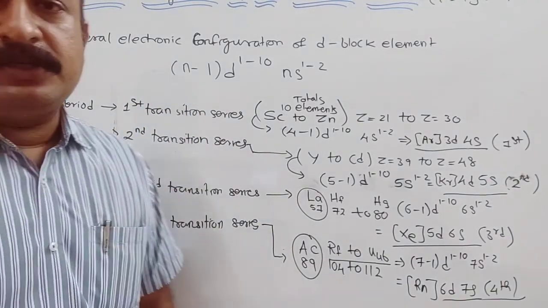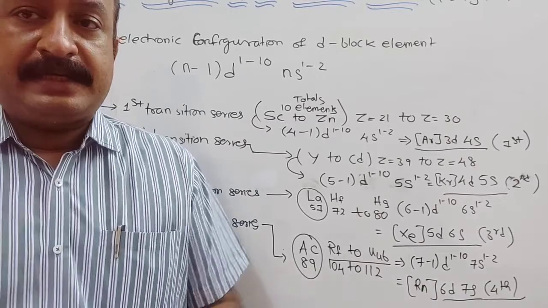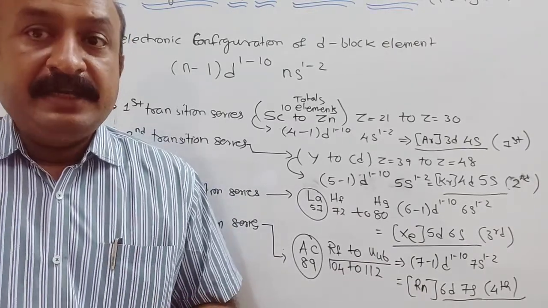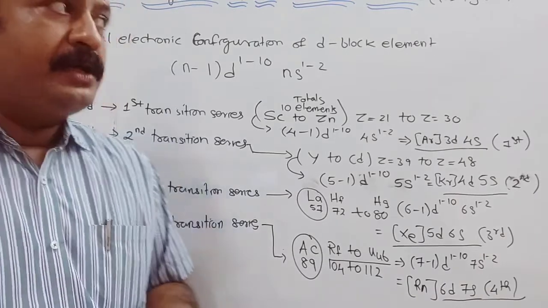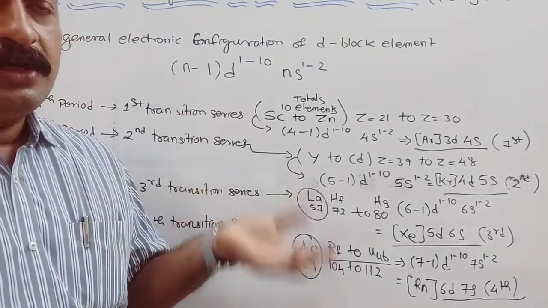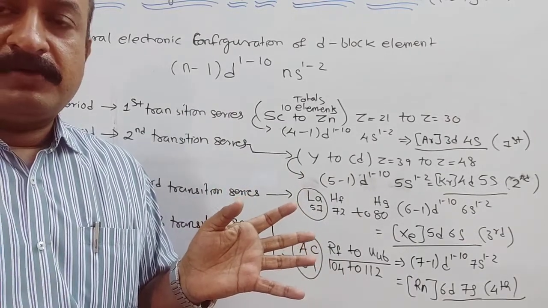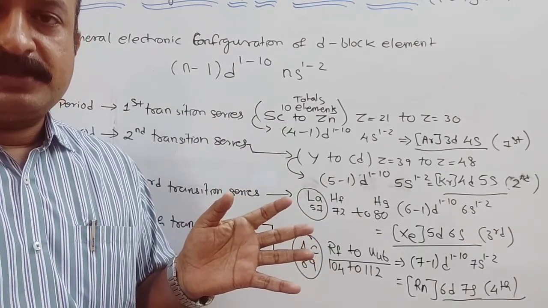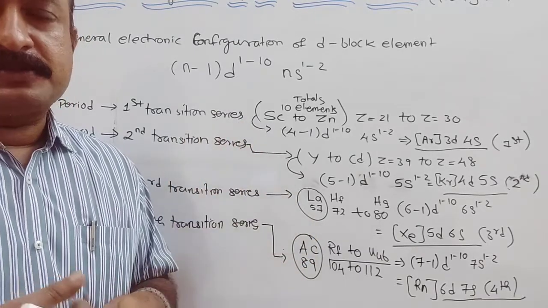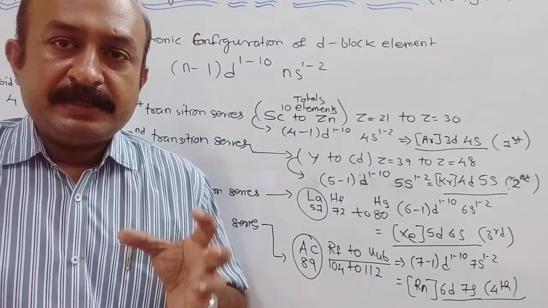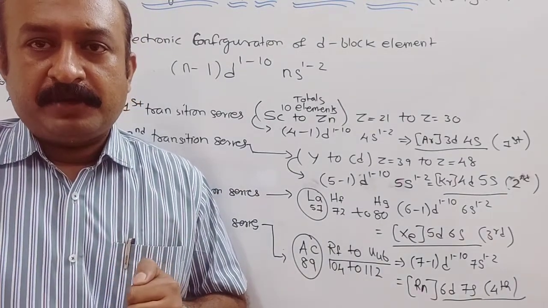Okay, you can go through this in your textbook. Now there are certain exceptions in there. That is what I said, no? If d orbitals are incompletely filled. Now incompletely filled means either 1 electron is there, or 5 electrons are there, or 9 electrons, understood? Unpaired electrons must be there, or incomplete filling is there, what we say, then only it can be called a transition series, if you remember.